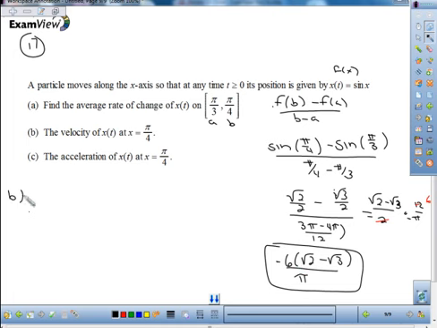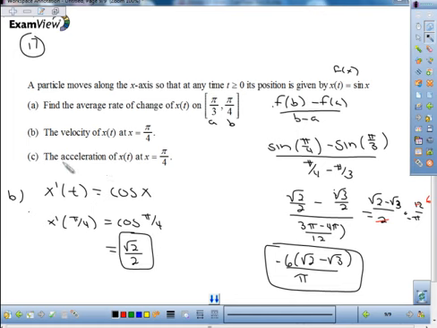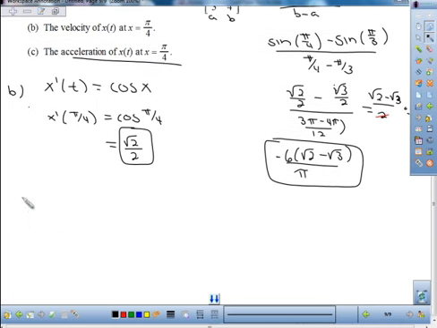Part B says find the velocity. So to find the velocity, I'm going to have to take the derivative. So derivative of sine is cosine. And I want to find my velocity when x is pi over 4. So cosine of pi over 4 is the square root of 2 over 2. And find the acceleration. So the acceleration is the second derivative. So the derivative of cosine is negative sine. And negative sine of pi over 4 is negative square root of 2 over